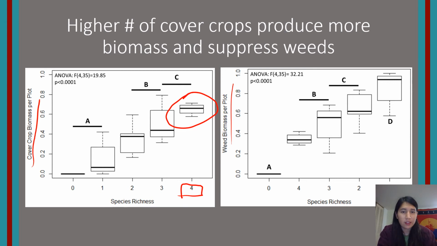So, let's say 4 right here, that's pretty high. But then you have 4 right here, which has low weeds, and it makes sense because it's around 6, one's around 4, so you get that 100% percentage. And so that means that when you have higher species, they're able to suppress weeds better. When you just put in more cover crop, maybe they're competing more against the weeds when you plant them there.